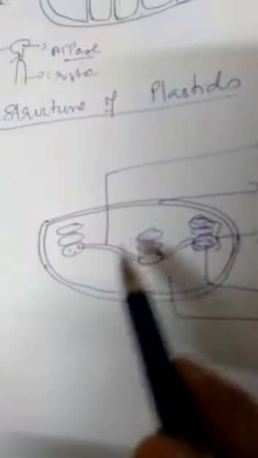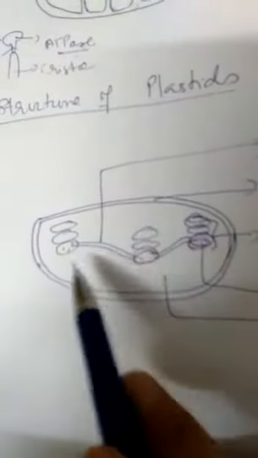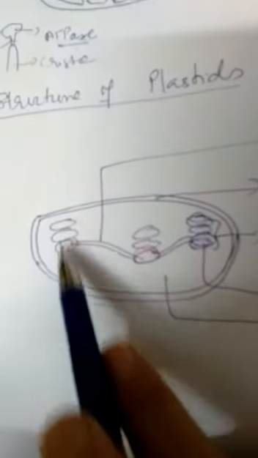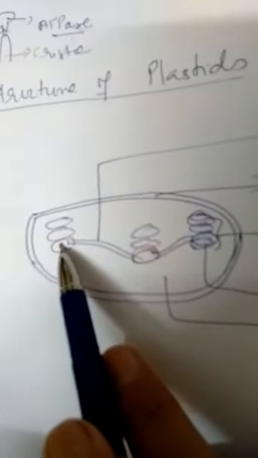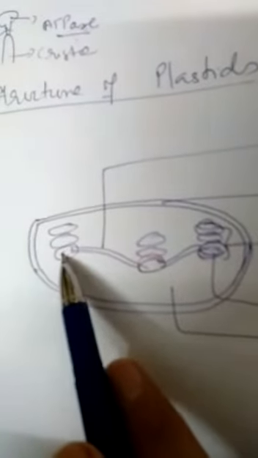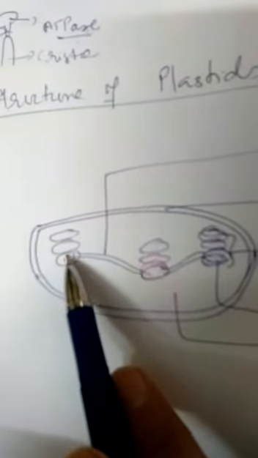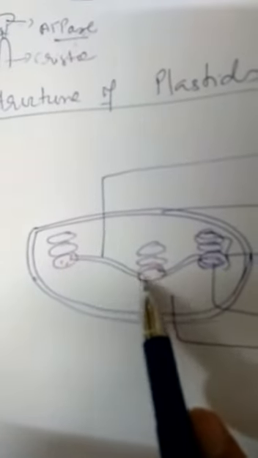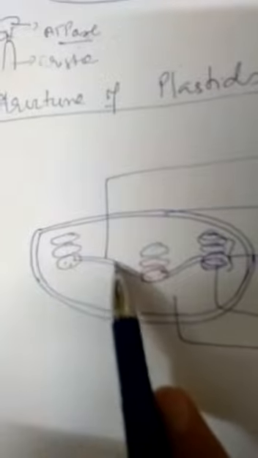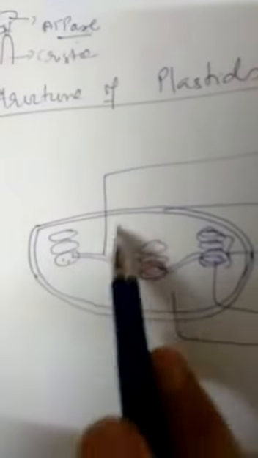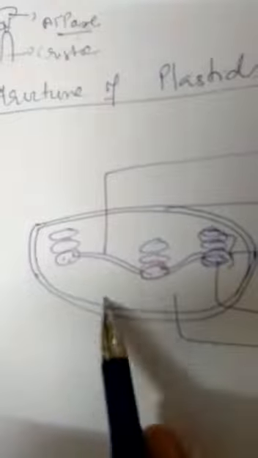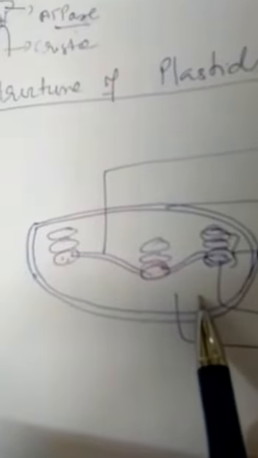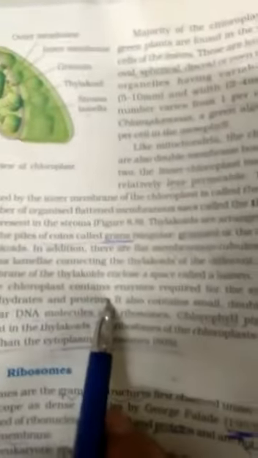I have drawn the diagram of chloroplast like this. It is a double membrane bound structure. These are called grana, and each part of the grana or sac-like structure is a thylakoid, in which chlorophyll is present, and chlorophyll helps in the process of photosynthesis to trap the solar energy. These are intergranal lamellae, or they are called stroma lamellae, and this ground matter of the chloroplast is called stroma. So this is all about what I have discussed, which is given here.